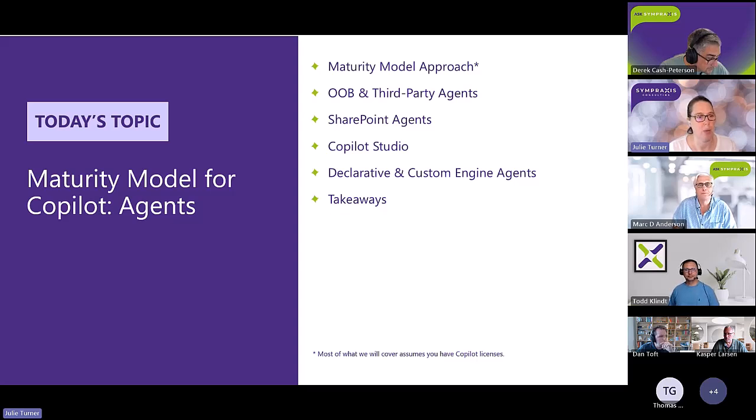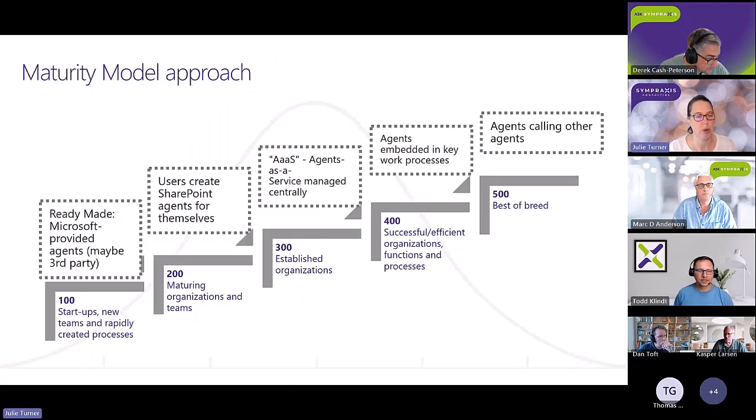All right. So, Mark, let's start with trying to take our maturity model and jam agents into it. And how do we think about that? Yeah, so as we often do, we have this 100 to 500 maturity model stairway.